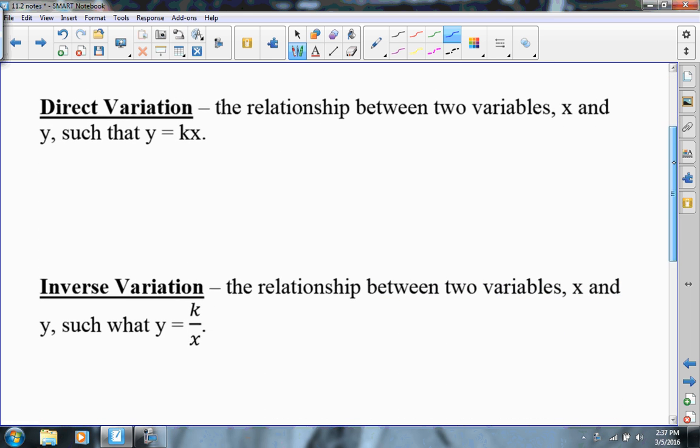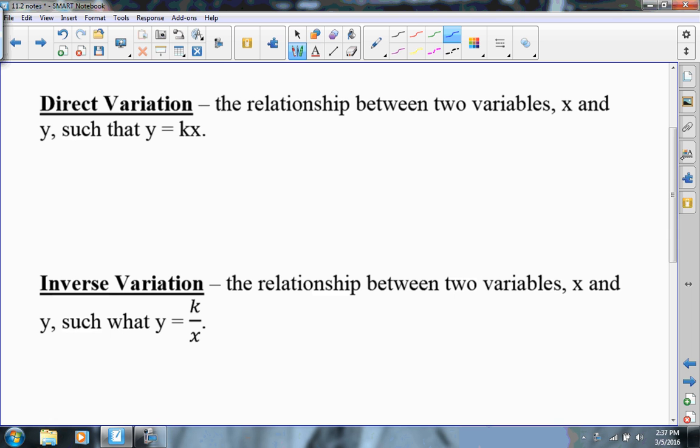Now we've talked about direct variation before, and it's when there's a relationship that directly relates two variables, like the number of hours you work and how much you get paid for working that total number of hours. So the constant that relates both of those is how much you get paid per hour. So that's why we have this equation here, y equals k times x. So x and y are the two variables that have a directly related relationship, and k is the